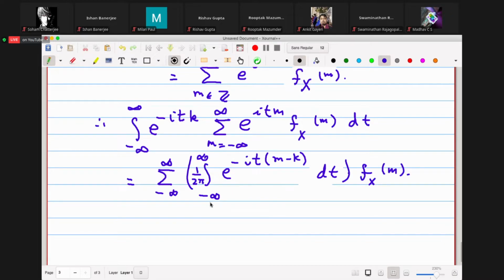I suppose it has to be interpreted properly here. So the thing is this e power it m minus k. When you do this integration, minus infinity to infinity dt, this is e power it m minus k by